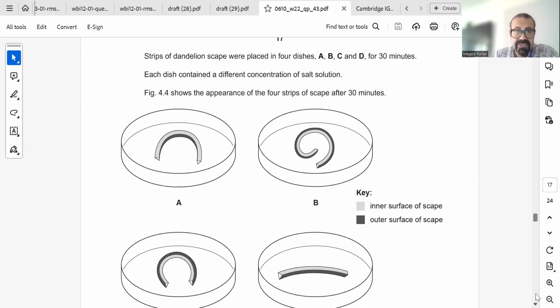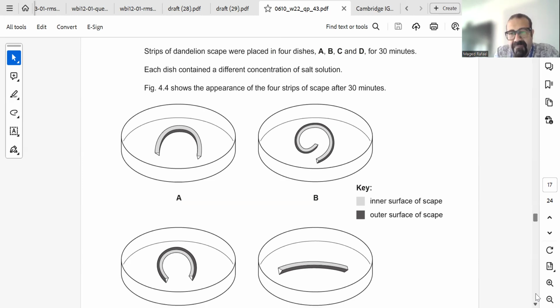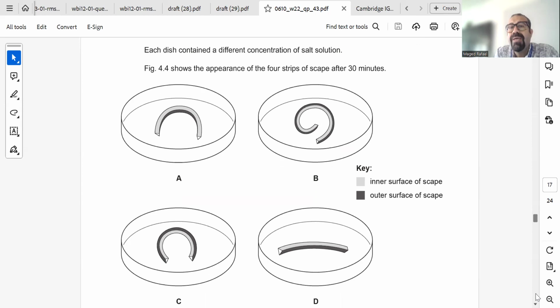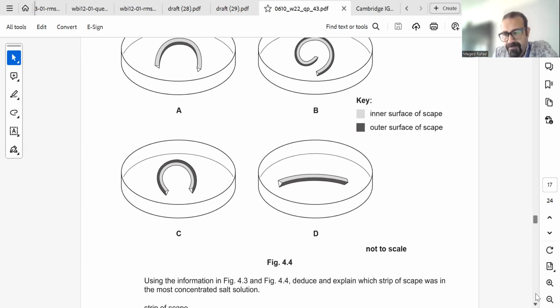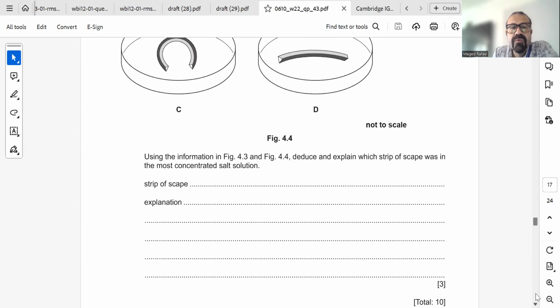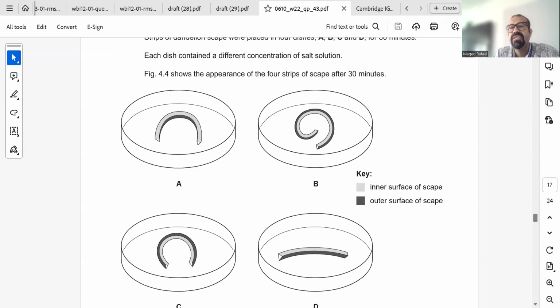خليني نجو for الكويستشن. مديني for dish contains different concentration of salt solution, وبيشو you the appearance of the four straps of escape after 30 minutes. ماشي، حلو جدا. ومديك كي بيقول لك what is the inner surface and what is the outer surface of the membrane. تعال نجو for information اللي already provided دي. We ask you to deduce and explain which strap of the escape was in the most concentrated solution. What do you think يا ولاد؟ أنهي واحدة كانت في most concentrated solution؟